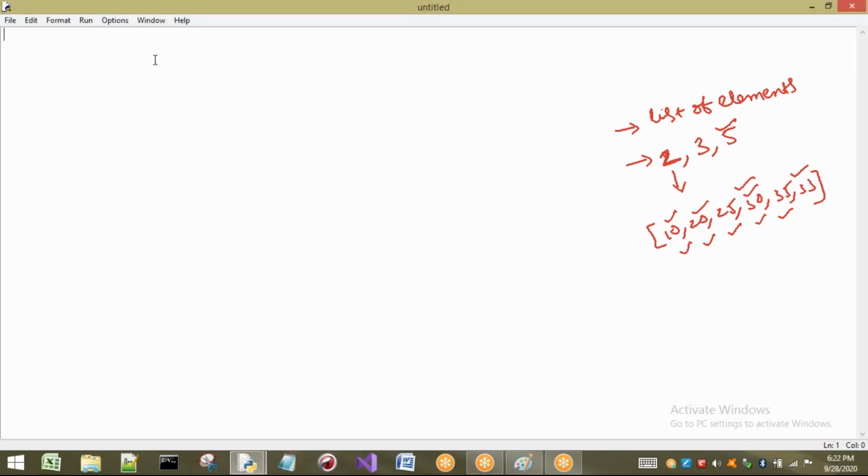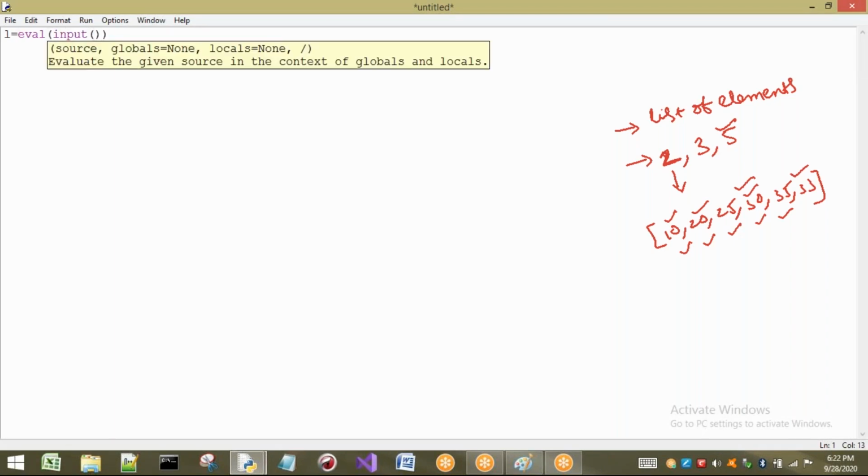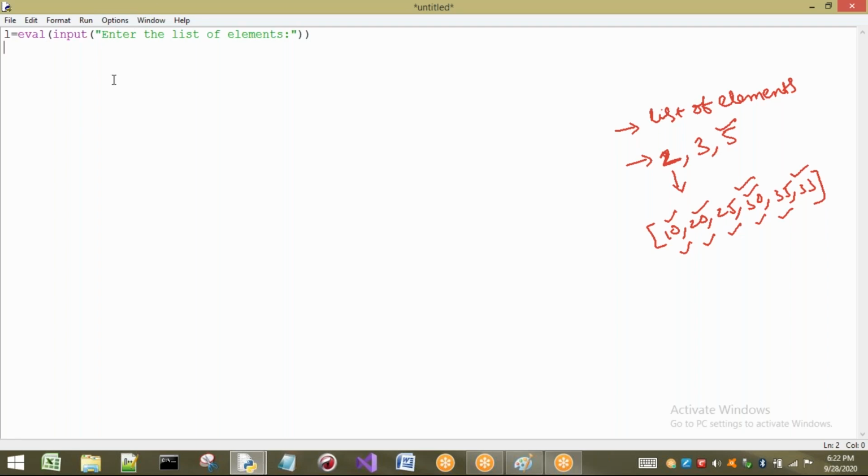Now see, first thing what I require, I want to take a list of elements. So first I am going to use a name called L, for example. In this, what I have to read, I want to read from the keyboard. So I am going to write eval. I want to ask the user to enter the list of elements. Enter the list of elements. Right. So the user can understand what? So I have to enter the list of elements. So he will enter the list of elements and the elements will be stored in where? L. So the first step is completed.